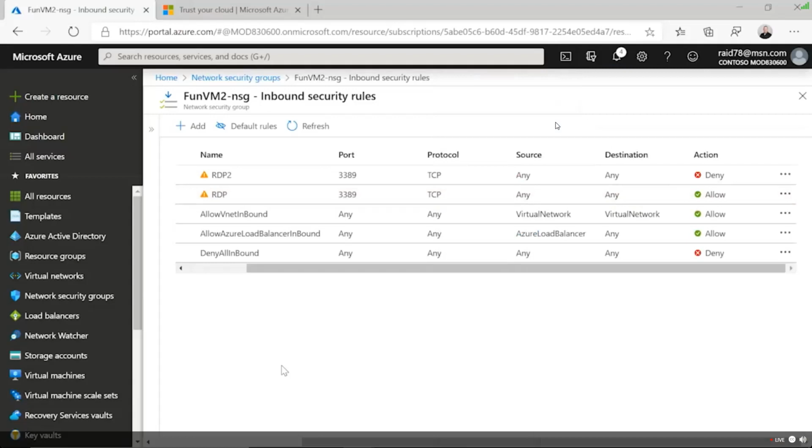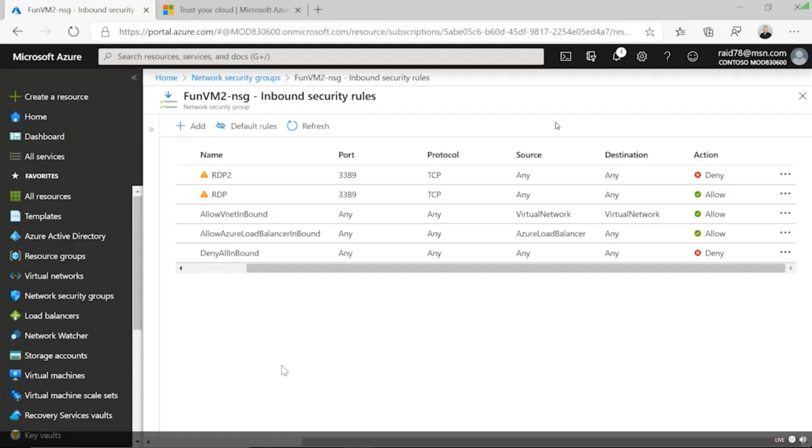So how do you become hard and crunchy on the inside of your network? My friends, network security group is the answer. And this is just a quick example. You can have rule priorities from 100 to 4096. So how many rules can you have? A whole bunch of rules inside of here to really govern traffic, to be very, very specific about how this traffic flows inside the environments.